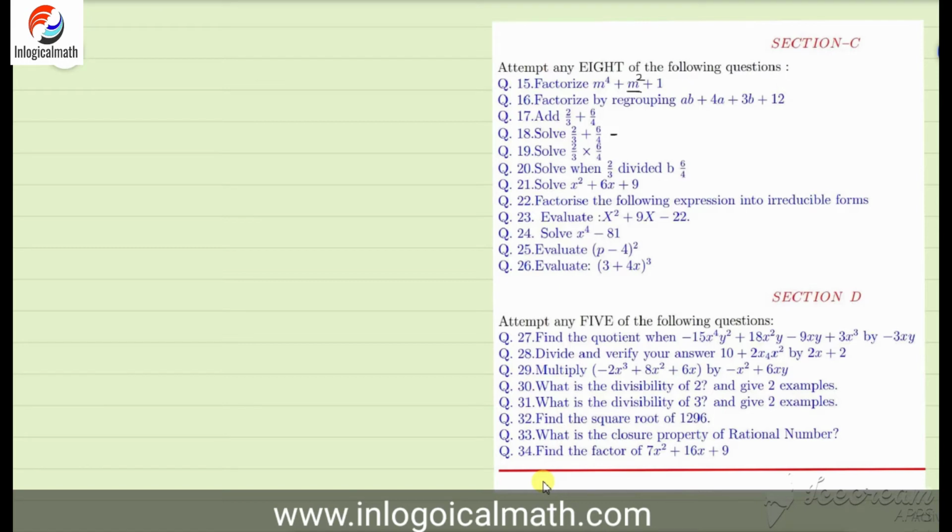Now we will go for question number 23, in which we have to find the factor of a quadratic trinomial. So what is it? X square plus 9x minus 22. For finding the factors of 22, first divide by 2, the least number apart from 1 is 2. So here 2 11s are 22, and 11 is a prime number, so it is divisible by itself. So 11 ones are 11. So 22 can be split in two parts, 11 and 2.